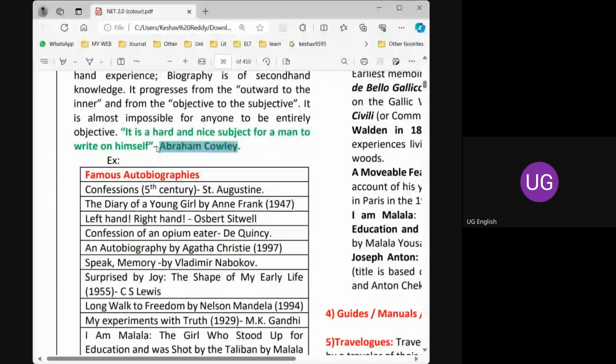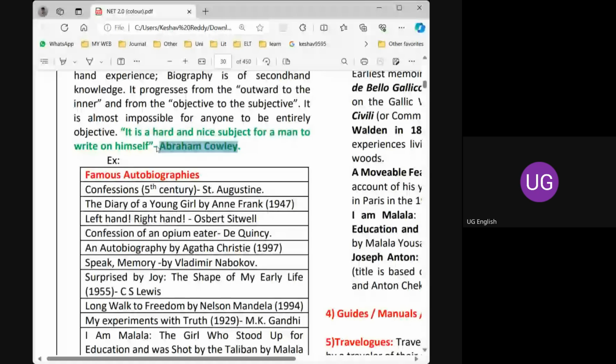Yes, there is a famous work by Samuel Johnson, known as The Lives of the Most Eminent English Poets, simply the Lives of the Poets, in which Samuel Johnson has included 52 poets. Please remember this work. There are 52 lives, that means biographies, mentioned in Samuel Johnson's The Lives of the Poets.